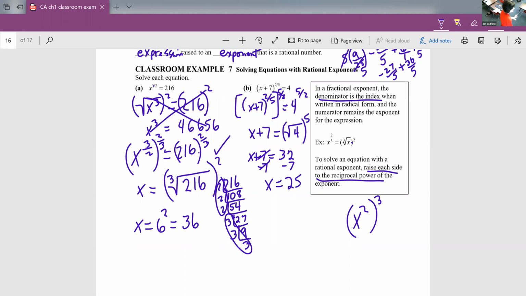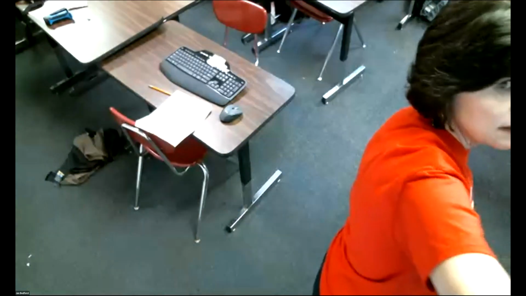Now, what do I need to do to be sure this really works? Plug it in. So if I do 25 plus 7, that's 32. I could check in my calculator to be sure if I take 32 and I raise it to the 2/5 power that I get 4, and I will. Okay, so we have now finished our notes for